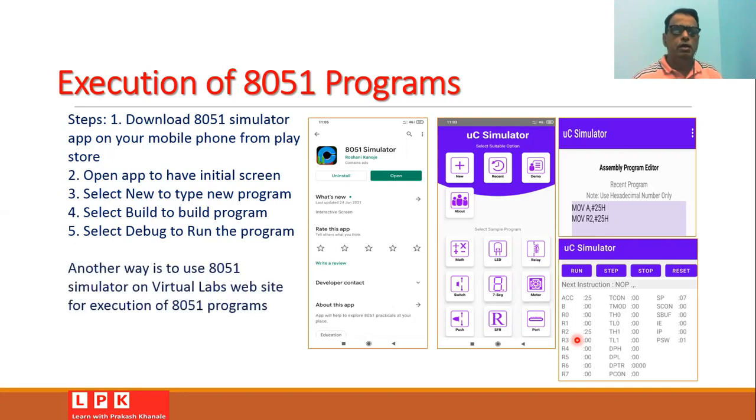Another way, if you have a laptop or a computer, is to use the simulator app on the Virtual Labs website. There is a Virtual Labs website prepared by IIT Mumbai. You can check it online and make the execution there. There also is an editor window where you can type the instructions or program and check whether the instructions are executed or not.